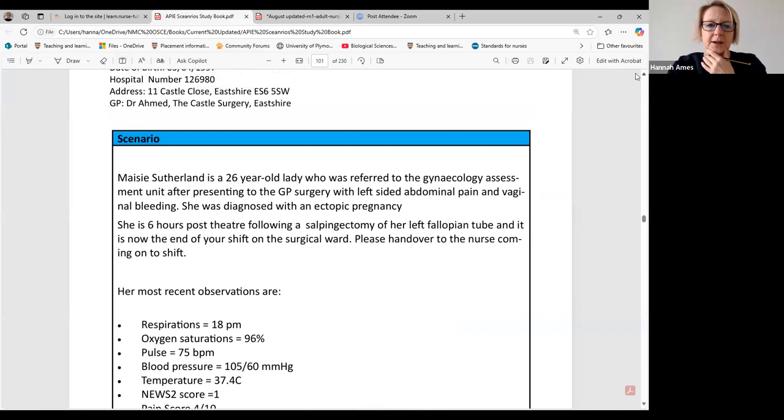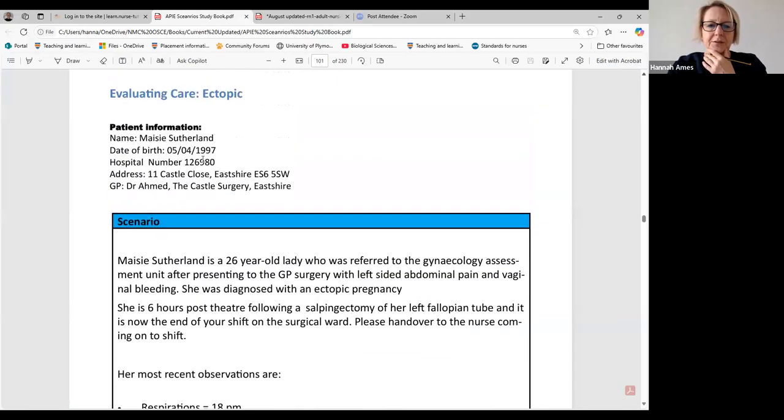So in your evaluation station, again, you'll get your patient information, and then you'll get that current update of the patient. So here we've got Maisie, she's 26, and she came in and was diagnosed with an ectopic pregnancy. She's now 6 hours post-op, and she's had the removal of her left fallopian tube, and it's the end of the shift on the surgical ward, and we're handing over to the next nurse on shift. Okay,